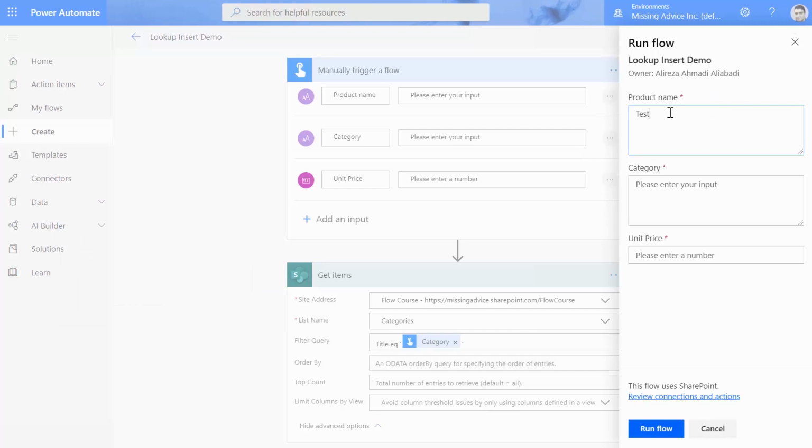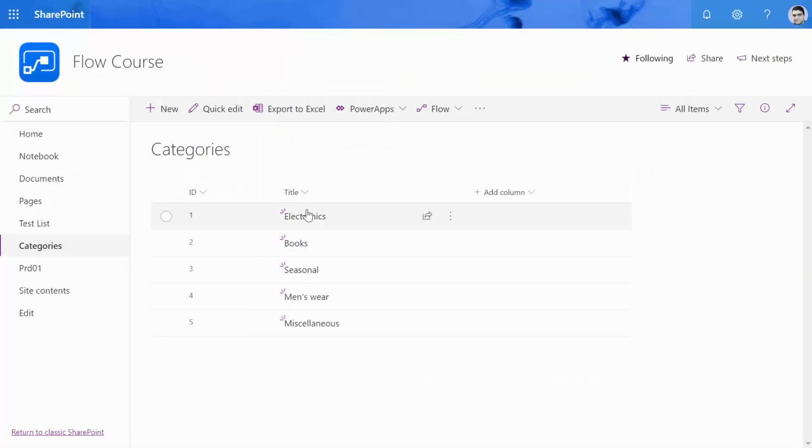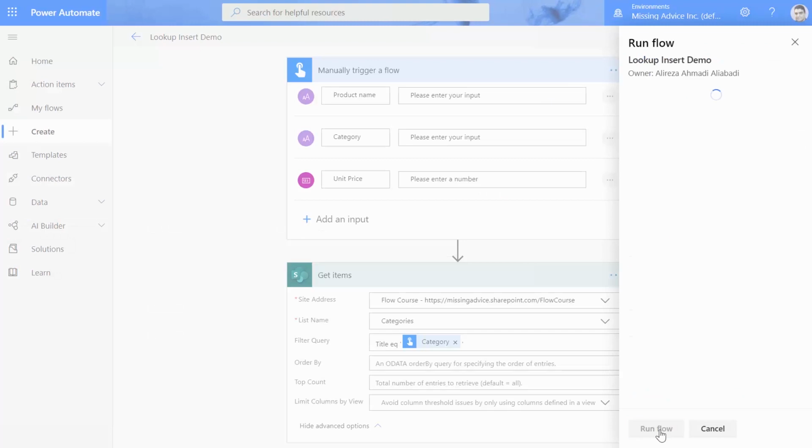And product name, I call it test, whatever, if you're not processing it. Here we are using books. And the unit price, whatever we put here, again, it doesn't matter. The only thing is that I want to make sure books exists here. So if I go here and I click on Run Flow,